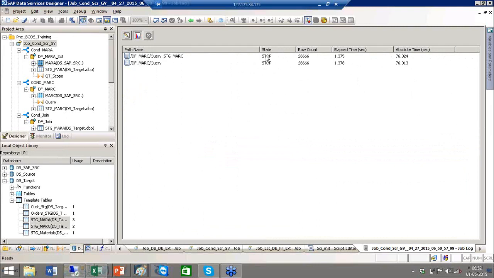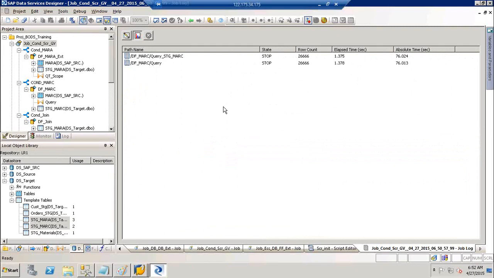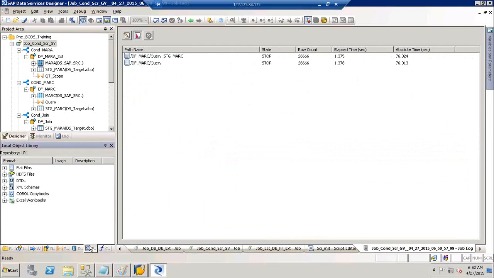The first one I told you is especially when you're reading data from a flat file, the source or the target flat file should not be open. If they are open, Data Services thinks that editing is going on in that particular source or target file, and so it will throw an error. So that is error number one. Error number two,